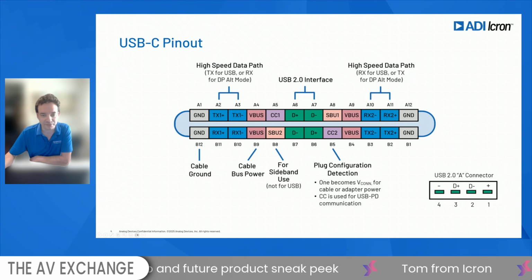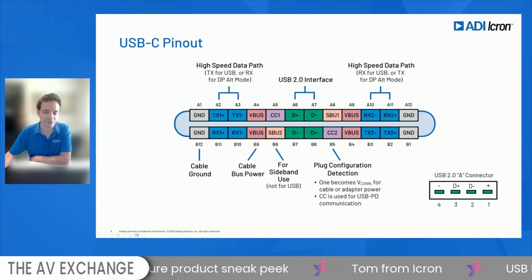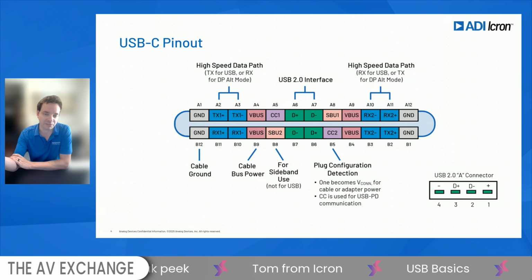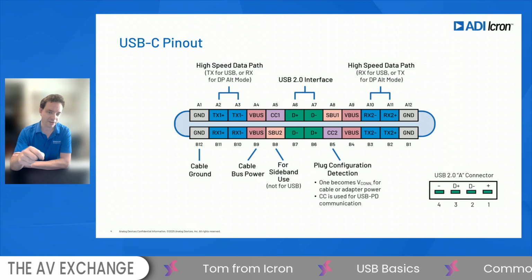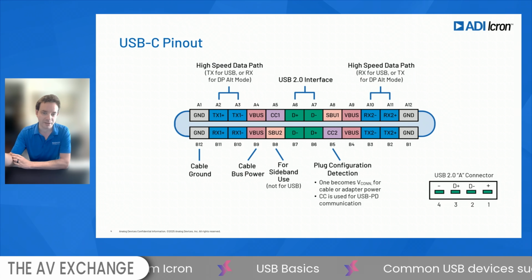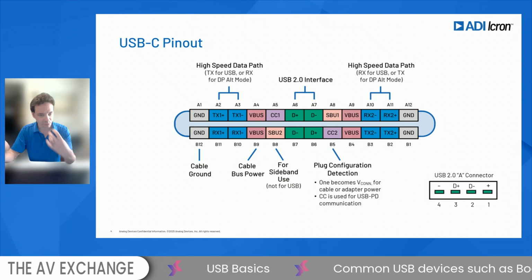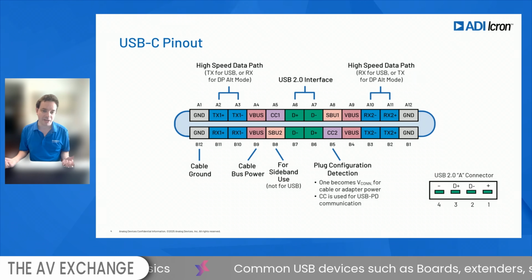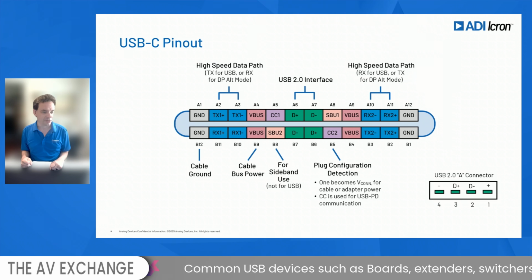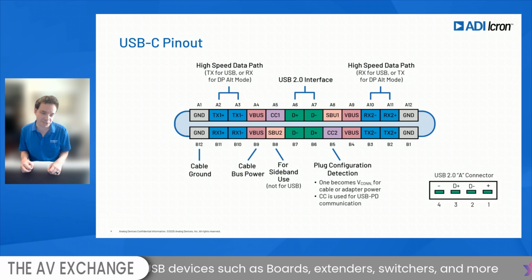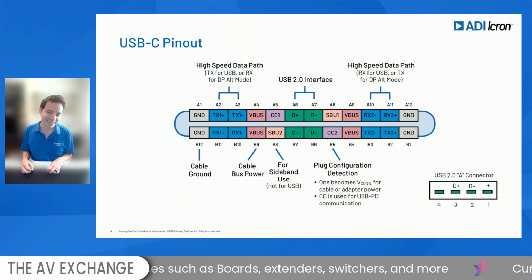So you see on the Type-C connector, in the pink there, your CC1 and CC2. That's actually where things get complicated, because now the host or the device and the cable and the thing at the end of the cable all need to talk to each other and make sure that we all support the same things, right? Especially if you think about power, if my cable doesn't support 5 amps and I plug into a 5 amp source, that's how fires start. So we have to make sure that everything can talk now.